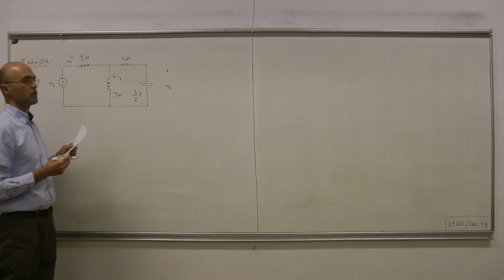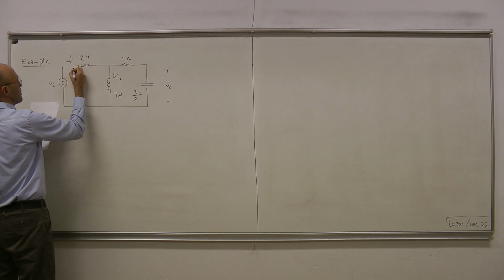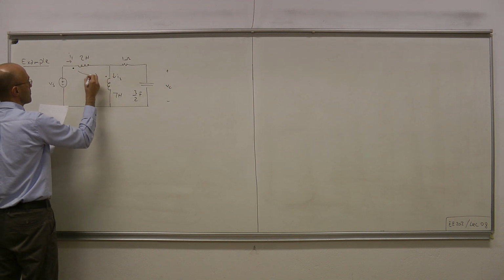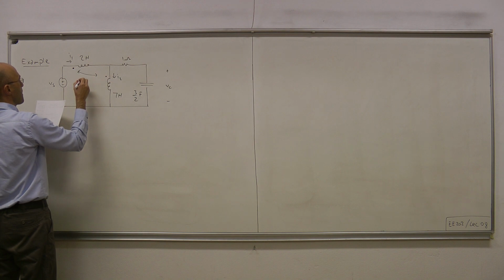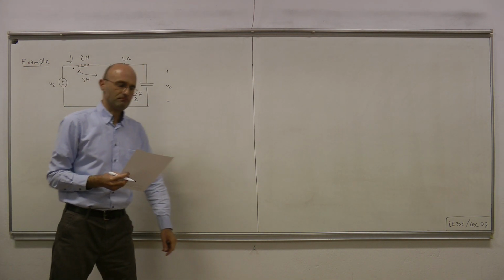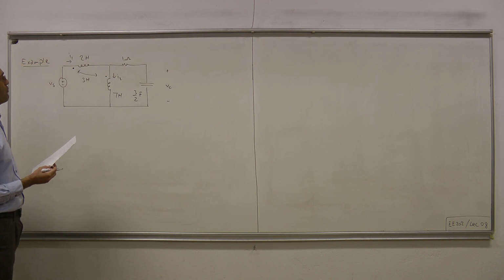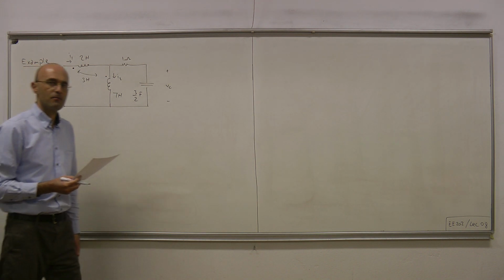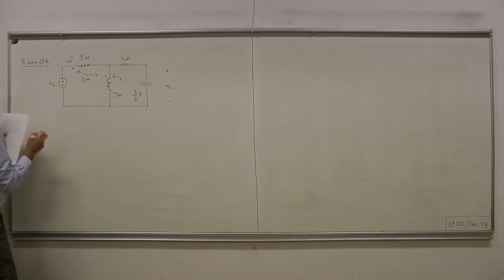This is the capacitor voltage. Mutual inductance is 3 Henries. Now for this circuit, which happens to be of order 3,